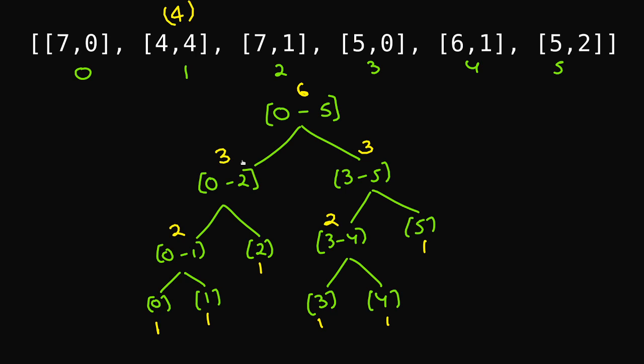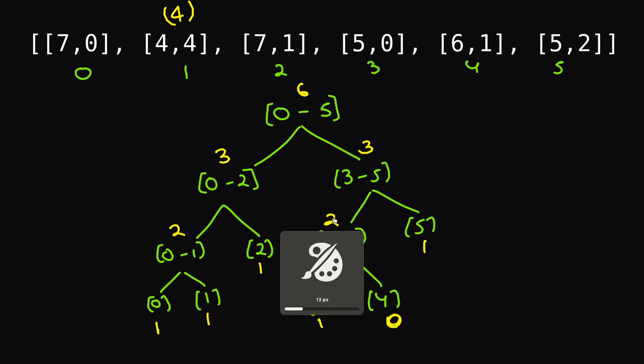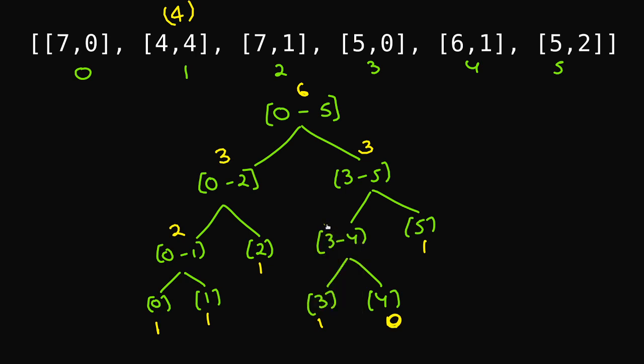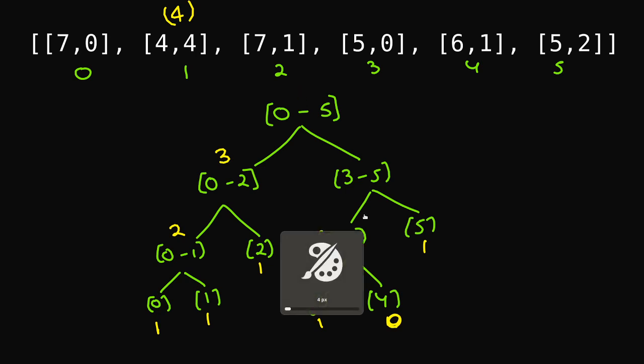Okay, next. In the algorithm before, we used 5 comma 0, and then we put this 5 comma 0 at its respective place. But here we'll be having somewhat of a change. What we'll be doing here is, once I've put this 4 comma 4, I know that I cannot use this place. So instead of marking it as a 1, I'll be marking it as a 0. If this is marked as 0, this will get updated and this will not be 2 anymore. This will now be 1. In fact, the whole root to leaf path will get updated.